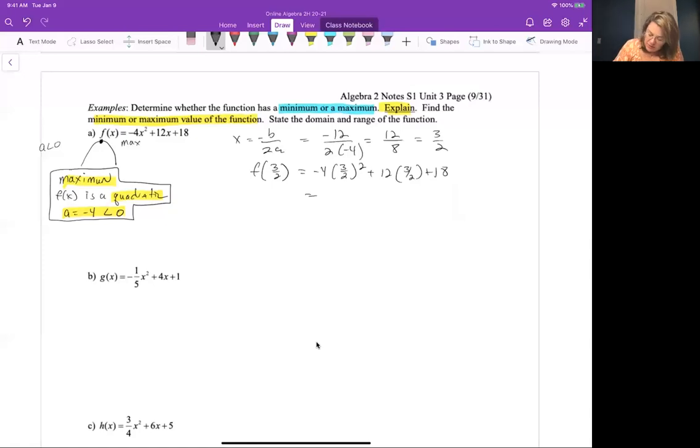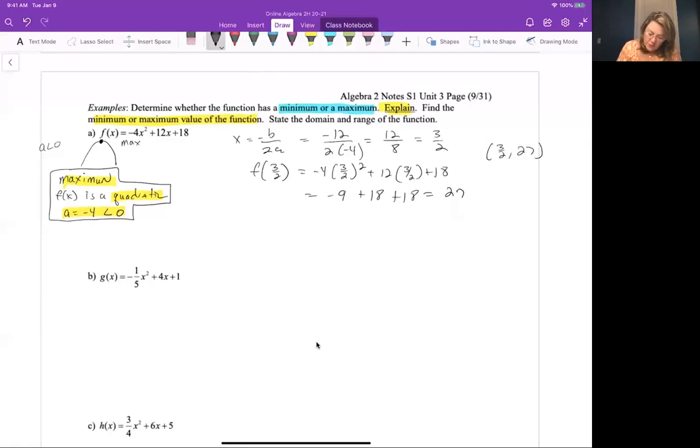The 4's cancel. So I get a negative 9 plus 12 divided by 2 is 6 times 3 is 18 plus 18, and I get a 27. So that is my vertex. My vertex is at 3/2,